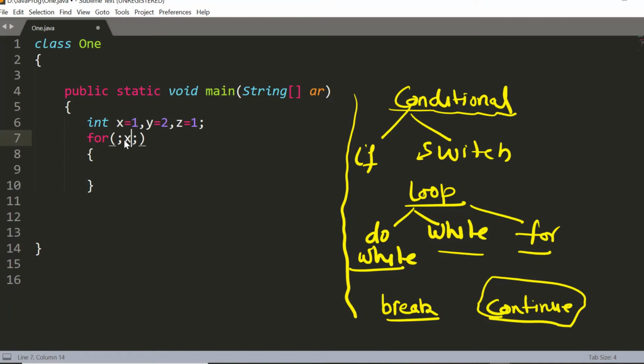The second part is called the condition. We need to check this condition every time I execute this for loop. So suppose I write x is less than equal to 10. The first part says that we have got x is equal to 1, and the condition is that x will remain less than or equal to 10. So it will start from 1, it will go till it reaches 10,